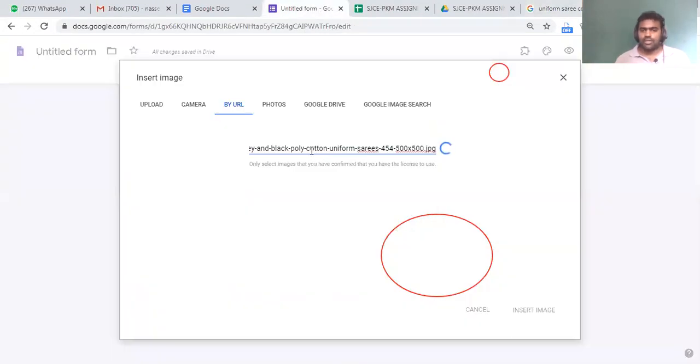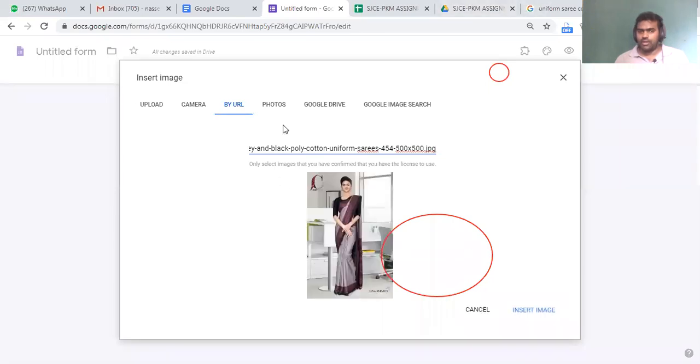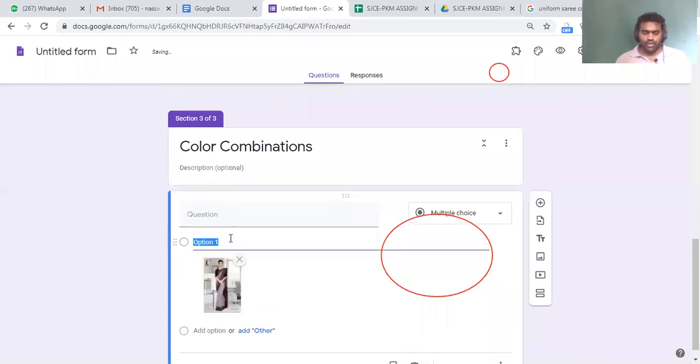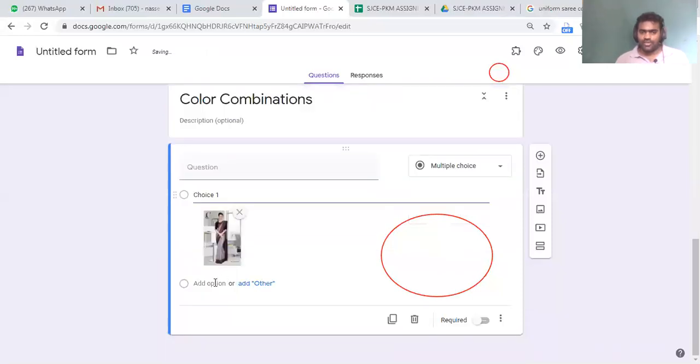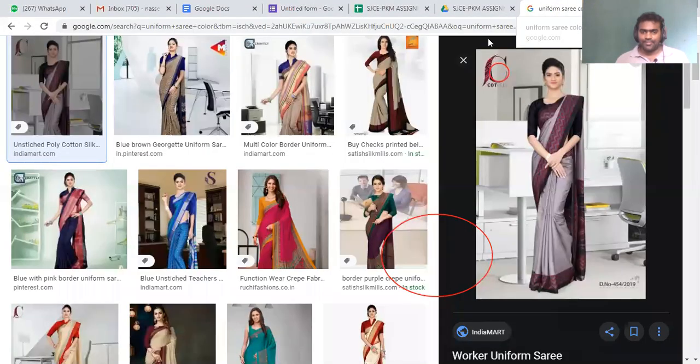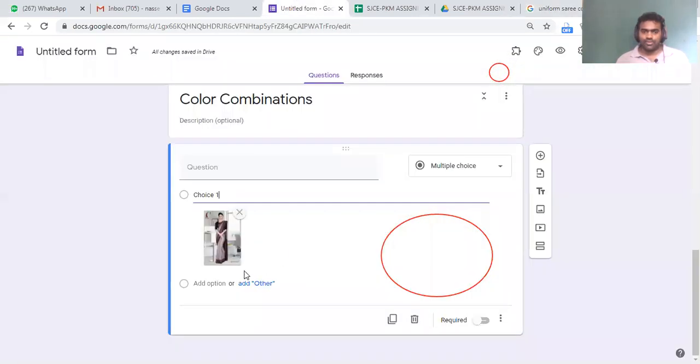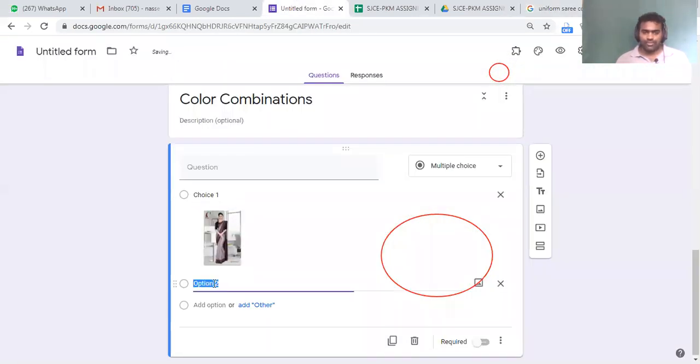What I'm doing is I'm copying the image address. Then coming here by URL I'm doing. I'm not downloading the images, and this is choice 1. I'll make choice 1. I do not know about all these things, that's why. Then I'll make another choice, copy image. Oh, sorry.